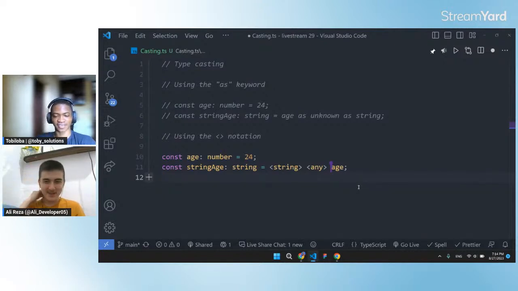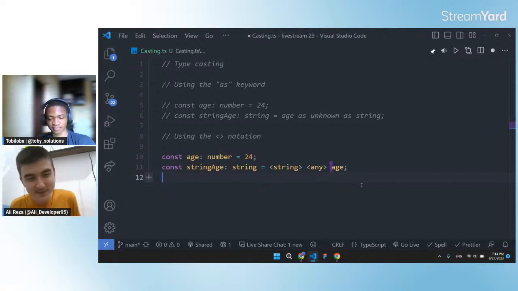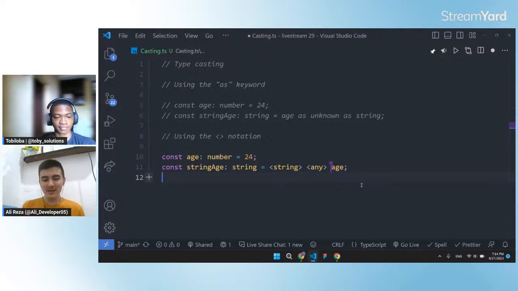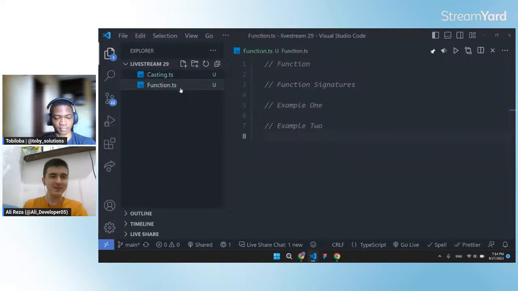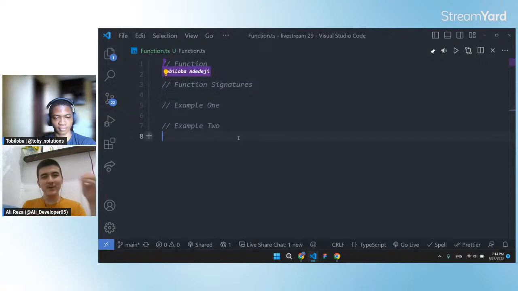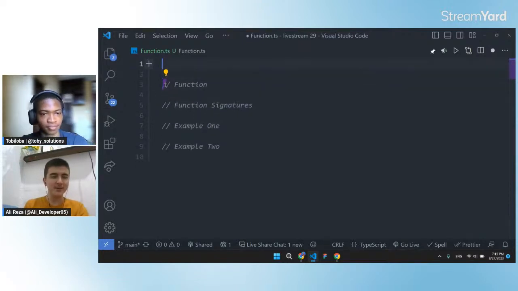Okay, so the first part of the live stream is done. Toby explained about typecasting in TypeScript, and he explained it very well. Right now it is my turn to explain about function. So let's go to another file which is specially for function. Before I teach about function signatures, I have to remind you of something